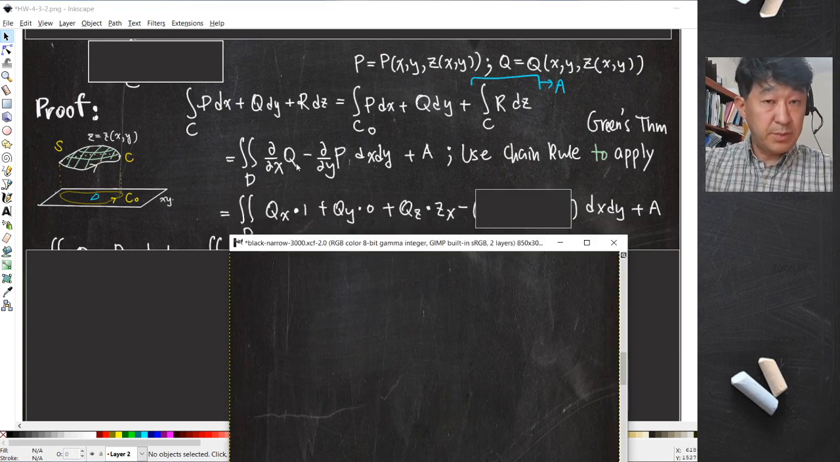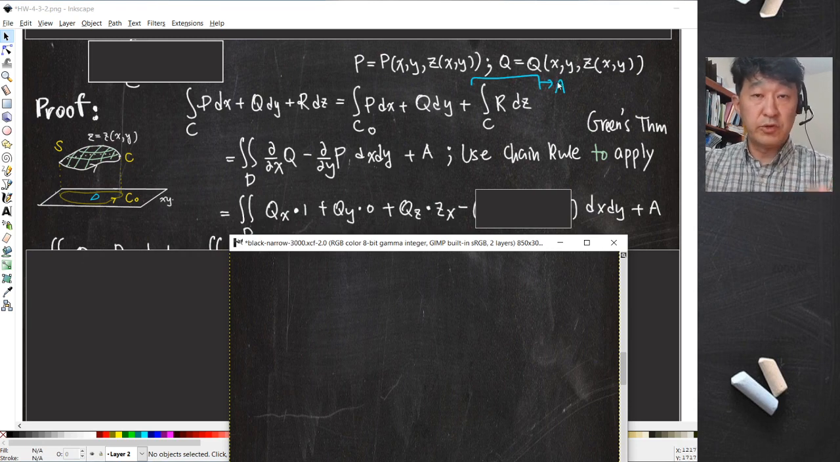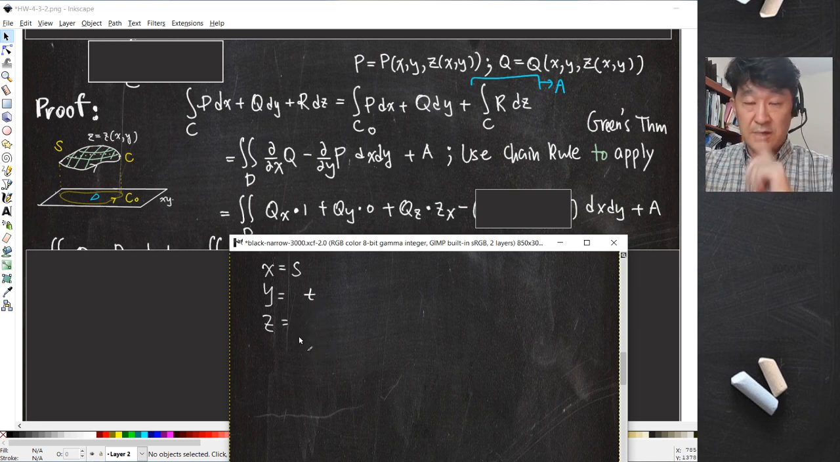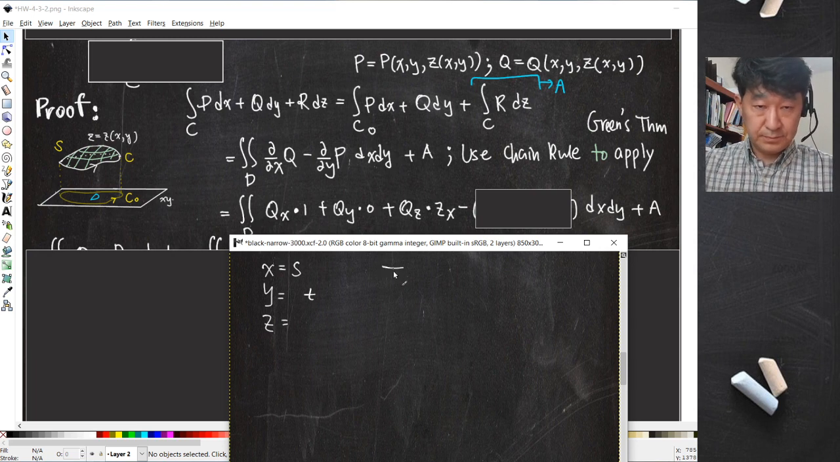All right, let me explain this part. Again, Q has three variables, used to be x, y and z, and they are parameterized in terms of s and t. But let me write it like this: s is x, and t is y, and z is in terms of x and y. So the two-variable chain rule goes like this. If you're differentiating some function, I'm going to use a T here, with respect to s, then by the chain rule,